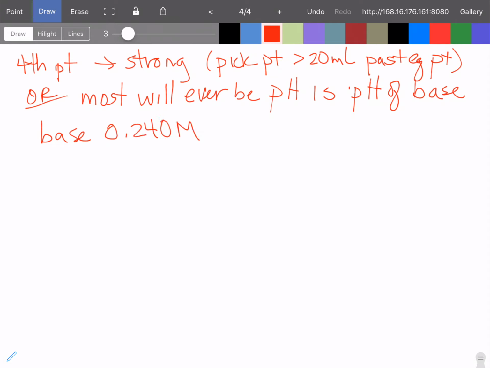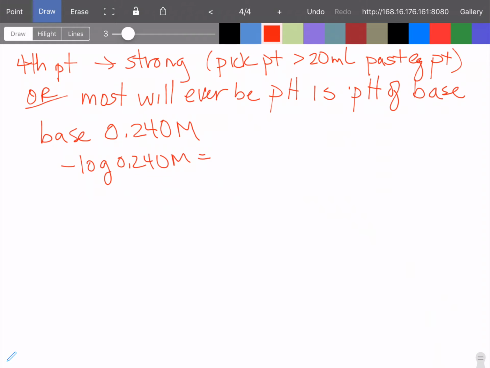Now remember, it's never going to get there, but it's going to approach it. So if you take the negative log of 0.240 molar, that gives you a pH of